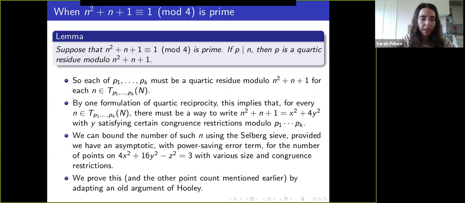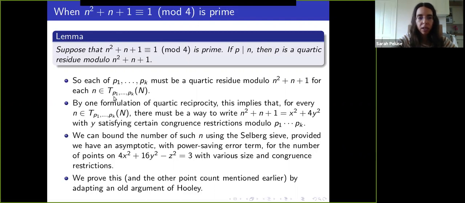So you can probably get better bounds than what I actually get using some automorphic form arguments, but it turns out this low-tech way is good enough for our purposes. Right, so then you use the Selberg sieve with this point count as an input to bound the size of the sets T,